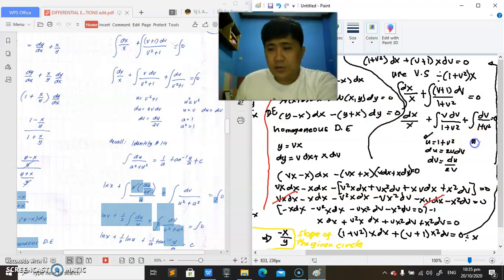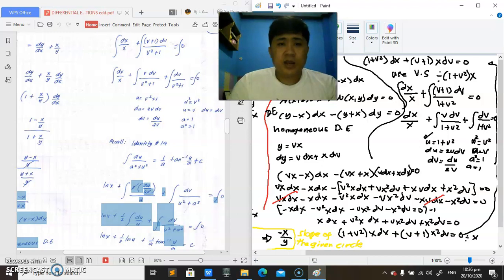So your u squared is just your v squared. Your u obviously is equal to v. Your a squared is just equal to 1, and your a is still equal to 1, because that is 1. So what you need to remember here is